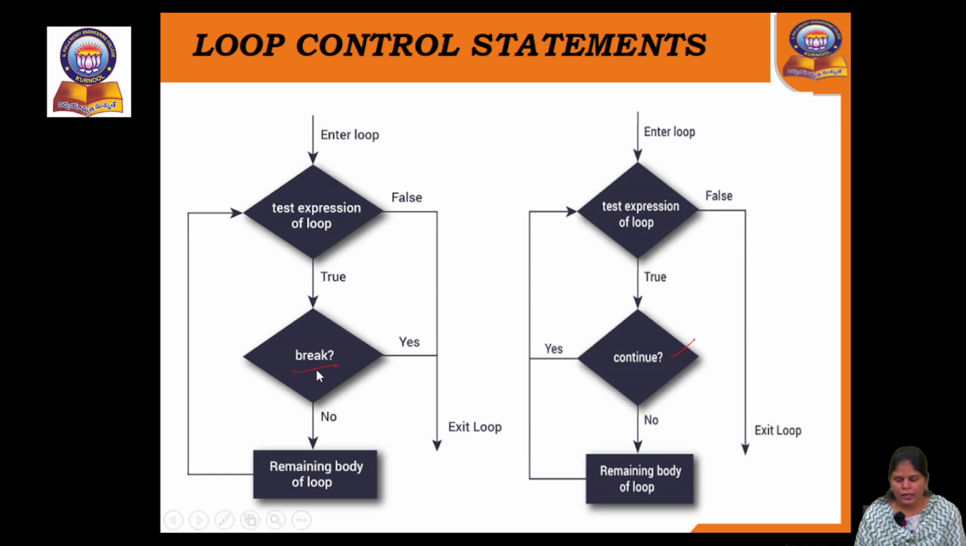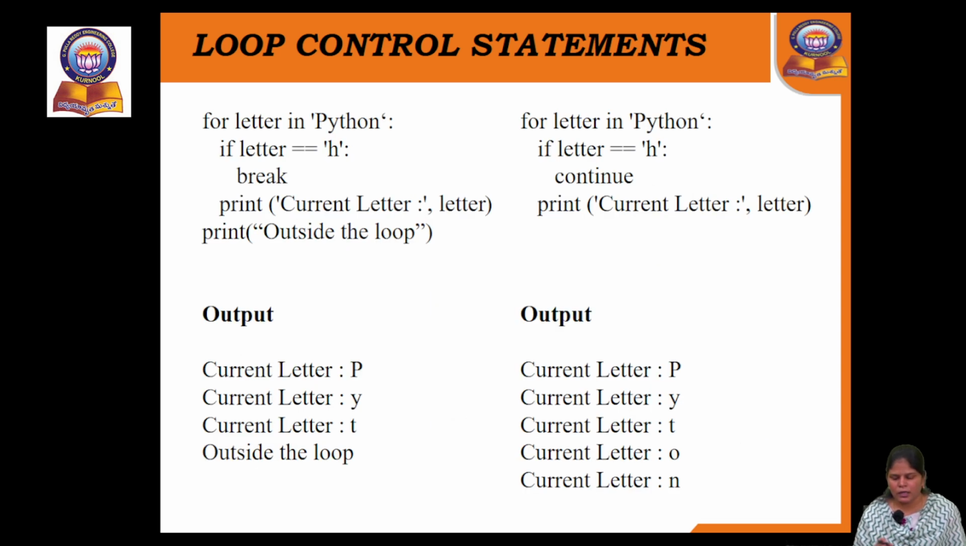Whereas a break will exit from the loop when the condition is satisfied, and when the interpreter encounters a break, it will exit from the loop. So up to where the condition has been satisfied, the statements in the loop will be executed. After that it will exit from the loop, right? So the same program here,